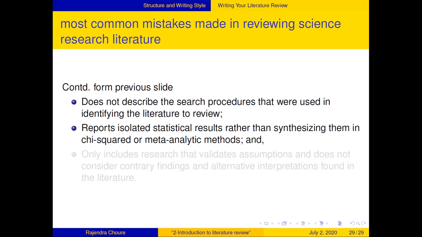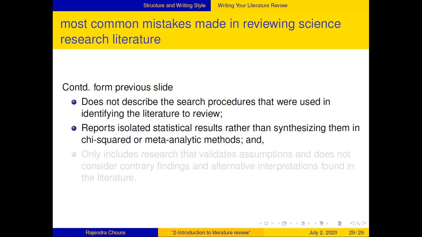You have to consider the literature or statistics available in many different papers, many different original sources, and take that together. You have to synthesize that together and carry out your own methods. Those can be chi-squared methods or meta-analytic methods. You have to analyze that work again. All those numbers you have to crunch again. You have to perform statistical methods to get your own results. And if you include those results in the literature review, then your literature review will be a reliable information source.